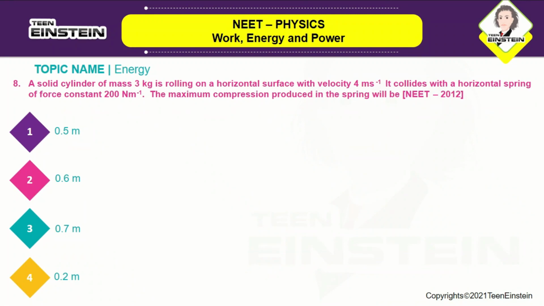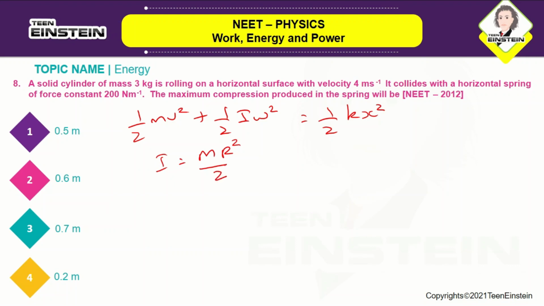So according to the law of conservation of energy, half mv square plus half I omega square is equal to half kx square, where k is the spring constant. I is equal to mr square by 2. Here u is equal to r omega, so omega will become u by r. So you can substitute in this formula. You will get half mu square plus half